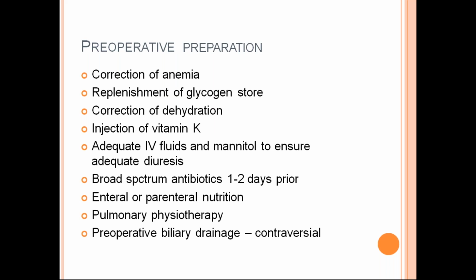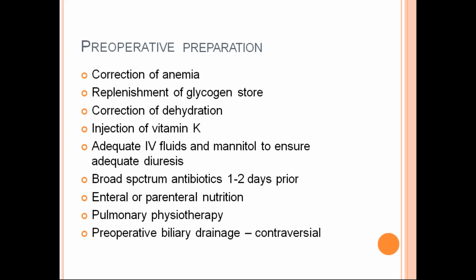Before going to surgery or any treatment, you have to look at preoperative preparation. Very important in these cases. Correction of anemia is very important. Next is replenishment of glycogen stores. The patients will already be cachectic, and postoperatively pancreatic fistula is also a common complication. If pancreatic fistula occurs, you already know the pancreatic enzymes are flesh eating, so the patient will be still more cachectic. The patient cannot survive even.